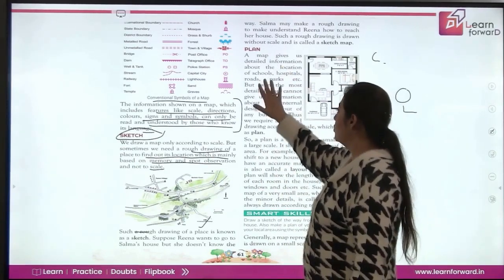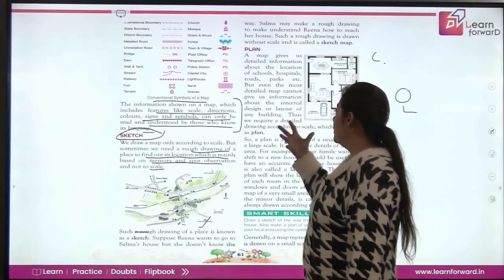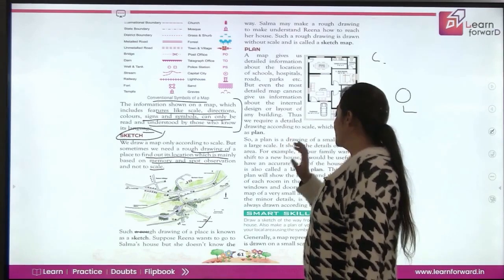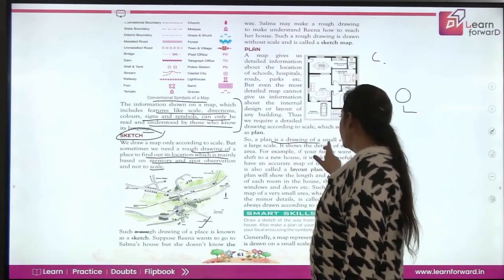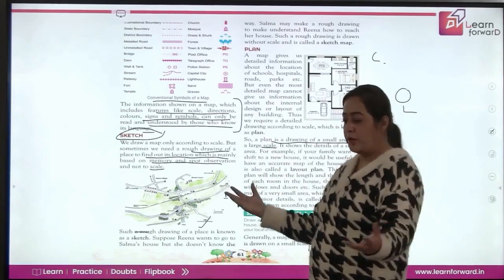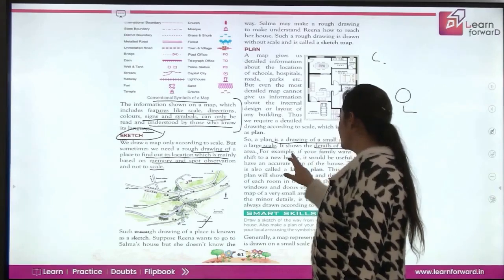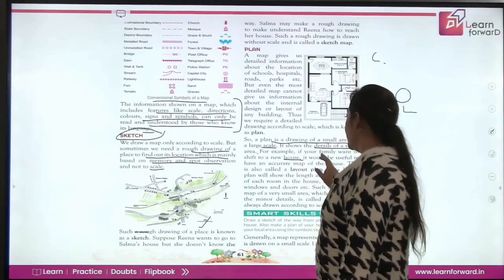मैप हमें सब चीजों की इंफॉर्मेशन देते हैं, स्कूल, हॉस्पिटल वगैरह की, बट कई बार हमें बिल्डिंग के अंदर की इंफॉर्मेशन चाहिए होती है, तो हम प्लान के अकॉर्डिंग जाते हैं। तो प्लान एक ड्राइंग होती है स्मॉल एरिया की लार्ज स्केल में। ये हमें एक छोटी सी जगह की पूरी डिटेल बताती है। सपोज आपने नए हाउस में शिफ्ट किया, इट विल बी यूजफुल टू हैव